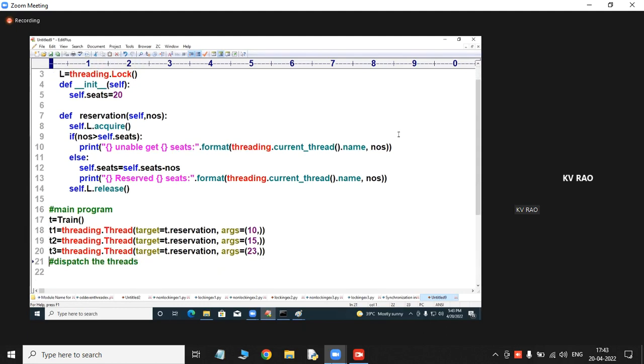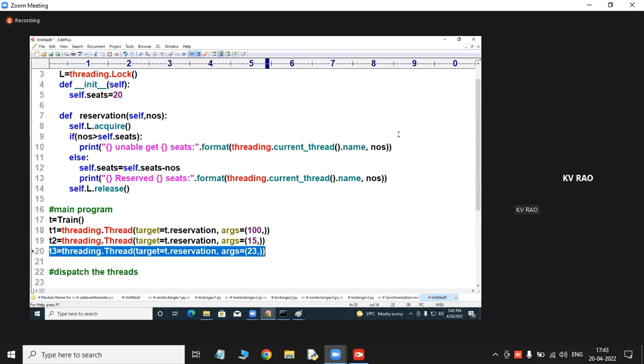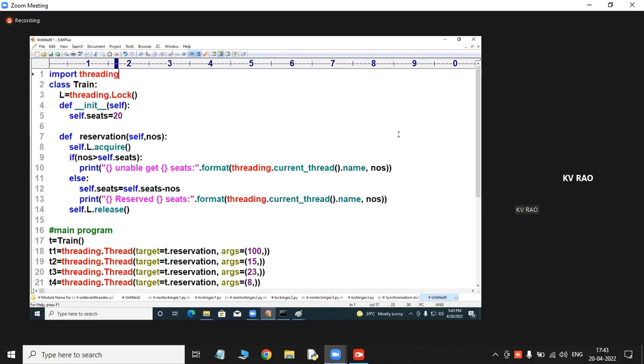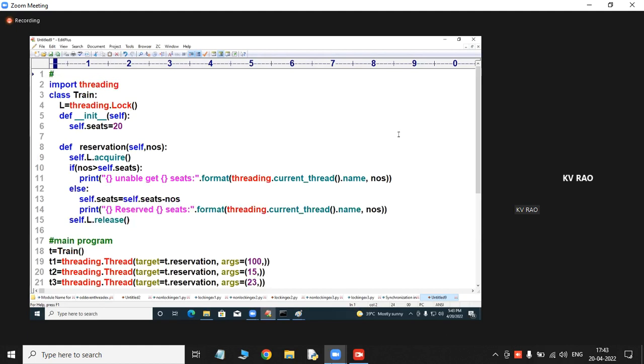Main program. See that carefully. Who is successful? I say here 10. 100 seats I will get. 100 seats I am getting. And 15 seats are here. 23 seats are there. Now, 23 seats. Who is successful in getting the seats? T2 is successful in getting the seats. And one more I will take. Who is next? T4. T4 is how many? 8 I will take. Will T4 also be successful or not? Yes, so please look into that. Who is successful in getting the seats and who is not? I am going to